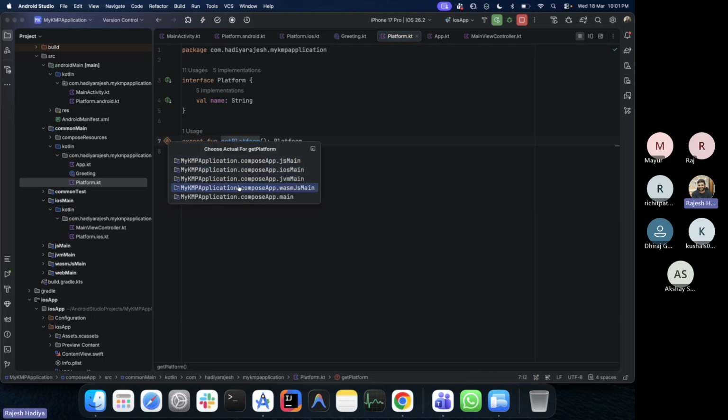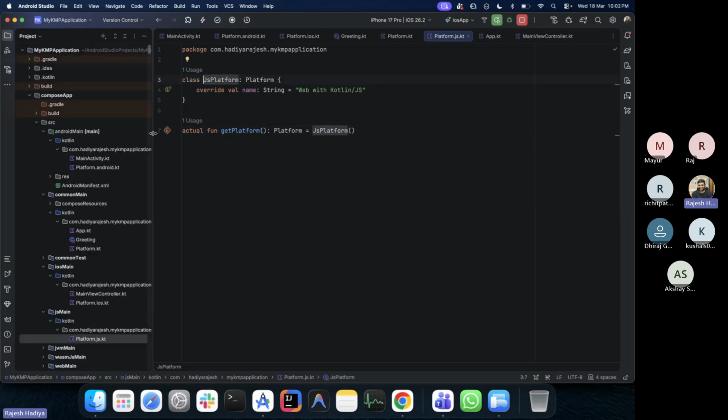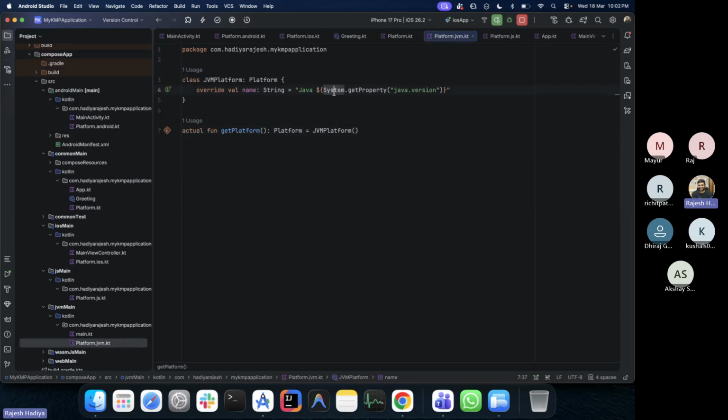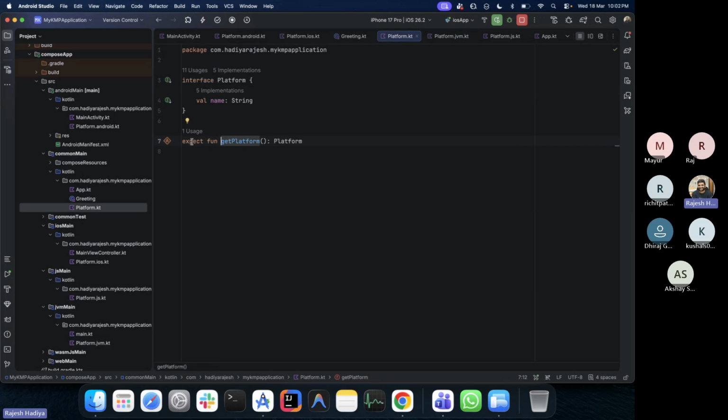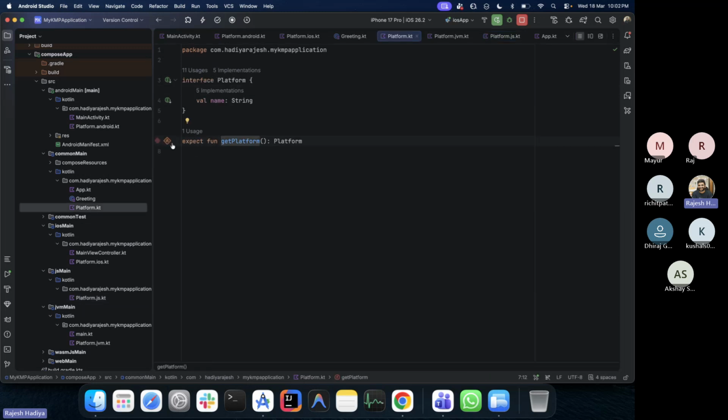डेस्कटॉप में इसका इंप्लीमेंटेशन अगर देखें जेएस में, डेस्कटॉप मतलब जेएस वाला, ठीक है। सॉरी, जेवीएम होना चाहिए, डेस्कटॉप इज नॉट जेएस, इट शुड बी जेवीएम। तो यहाँ पर क्या कर रहे हैं अपन, सिर्फ जावा का वर्जन छाप रहे हैं, ठीक है। सिस्टम डॉट गेट प्रॉपर्टी जावा डॉट वर्जन, वी आर प्रिंटिंग द जावा वर्जन। जेएस के केस में वी आर प्रिंटिंग वेब विथ कोटलिन जेएस। यहाँ पर कुछ रिट्राइव नहीं कर रहे, जस्ट ऐसे ही हार्ड कोडेड छाप रहे हैं, ठीक है।